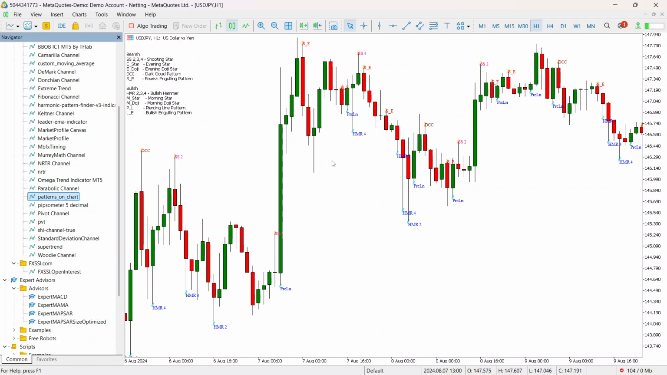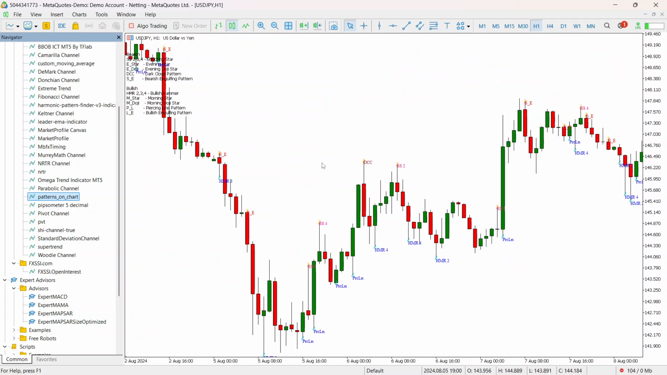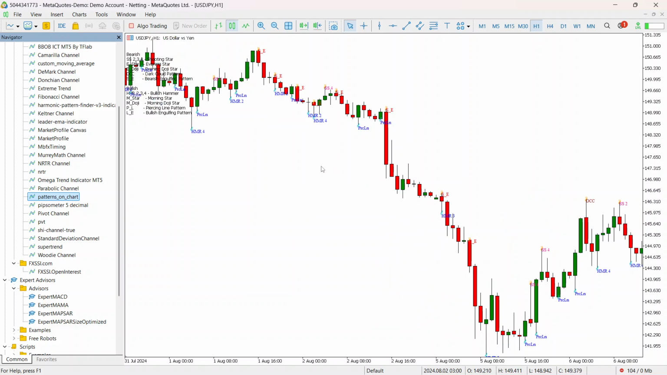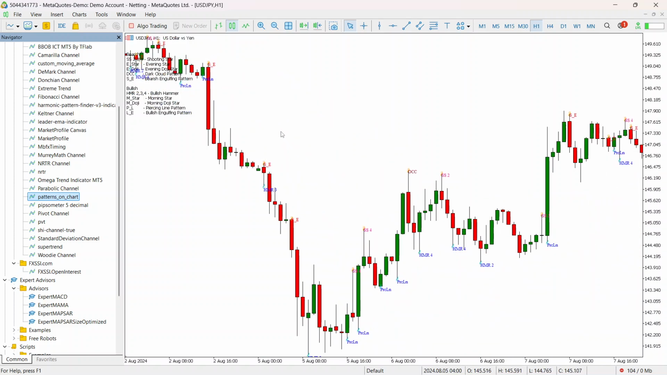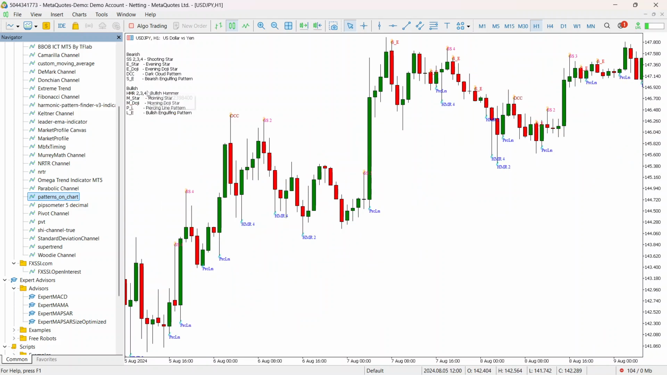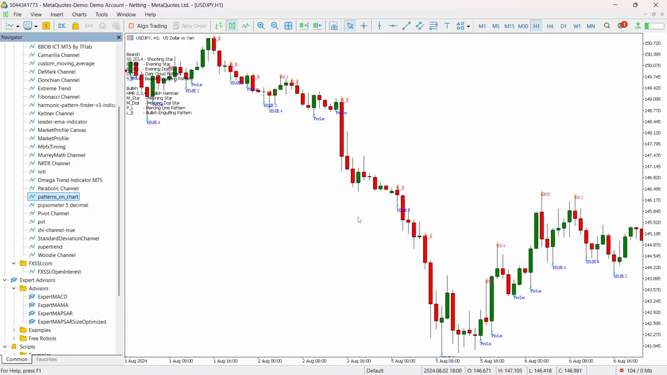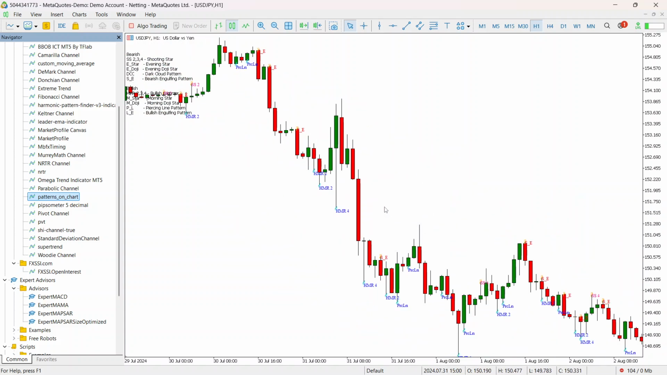Now the patterns on chart indicator scans the MT5 price chart and automatically identifies classical chart patterns such as shooting star, evening star, bullish hammer, morning star, morning doji star, evening doji star, and bullish and bearish engulfing pattern. The pattern outline draws the structural boundaries of the formation, making it immediately readable. As we can see on the chart,